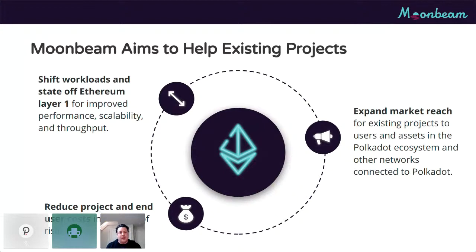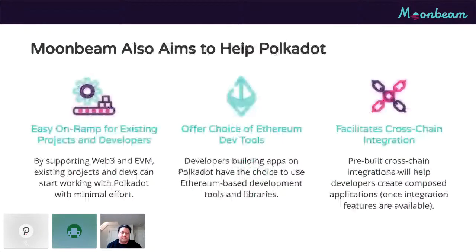And so the idea is to allow for the movement of some of those workloads to Moonbeam while minimizing change because of the Ethereum compatibility feature set, and then simultaneously helping those projects expand their reach to Polkadot, to users and assets that are in the Polkadot ecosystem, and a kind of scalability through multi-chain, if that makes sense. Putting on the Polkadot and Kusama points of view,